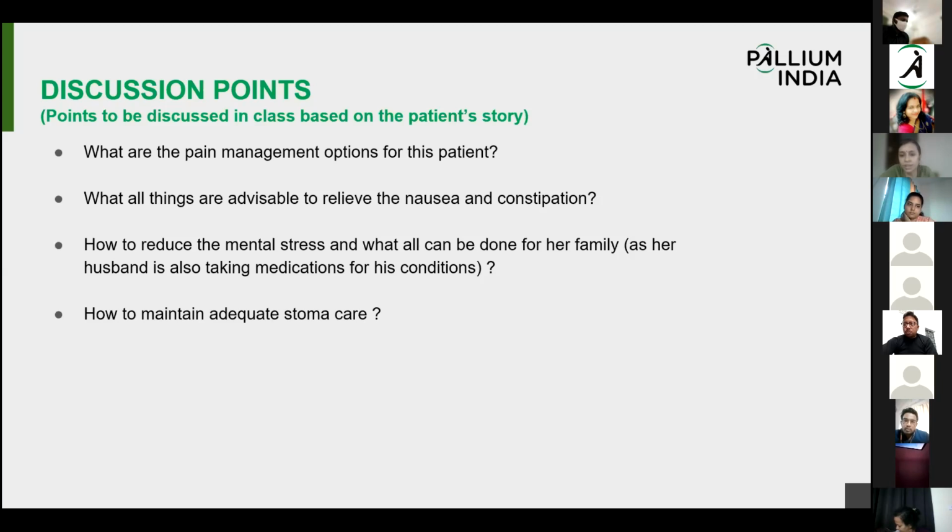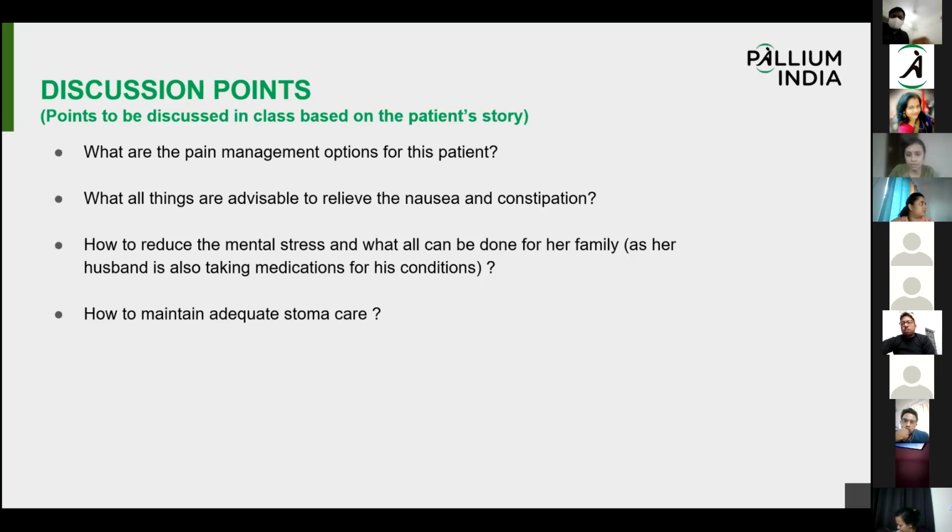Because then the management completely changes from giving ondansetron or metoclopramide to dealing with it more with an anti-anxiety drug. So it's very important to take the history of nausea, like you have done very well in pain. In the same way we can assess nausea and vomiting. I think any symptom